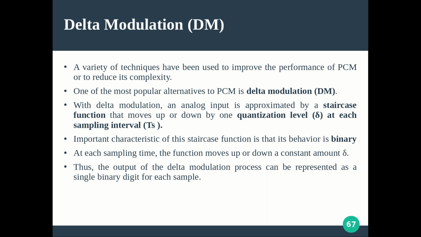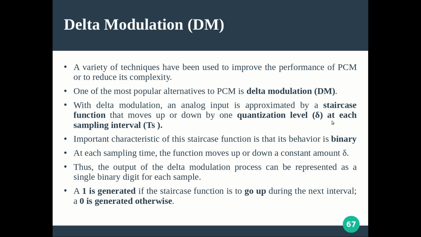Similarly, in PCM if you want to improve the performance, instead of 16 quantization levels we are forced to use some 256 levels, so that the data rate will be high, because now each sample will be represented by 8 bits. But here it is not like that. Whatever the quantization level, whether you increase it to 256 or 16 or whatever it is, irrespective of that we need just a single bit for representing a sample value. That makes it different and important over pulse code modulation. And how we choose that bit cleverly, we will see with an example. That is why its behavior is always binary, irrespective of the number of quantization levels you choose.